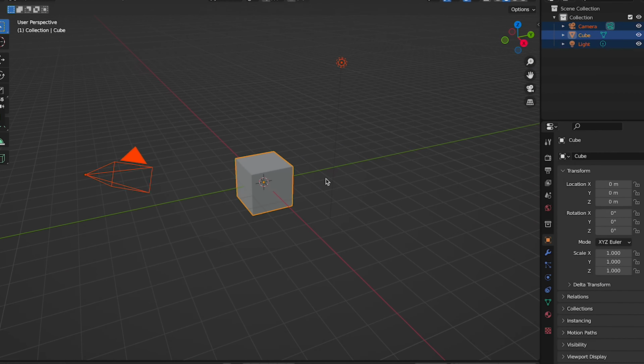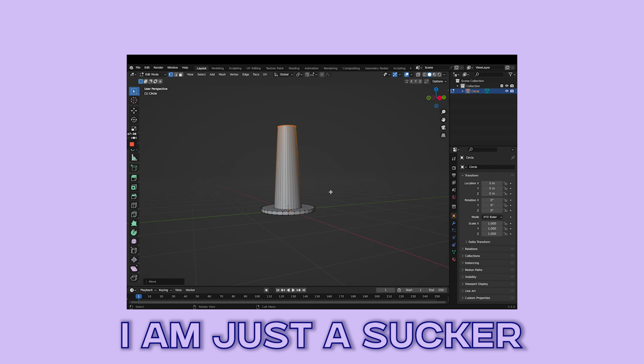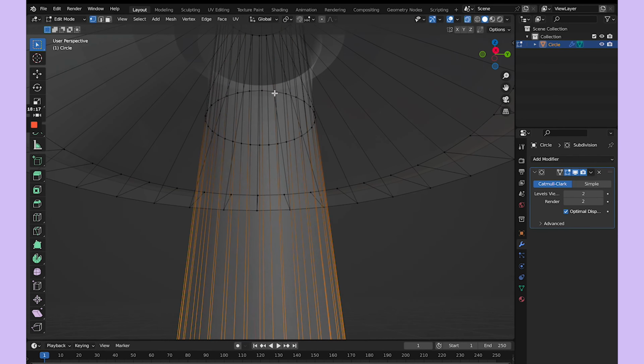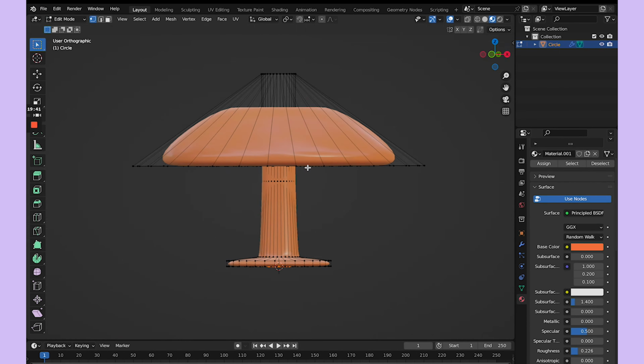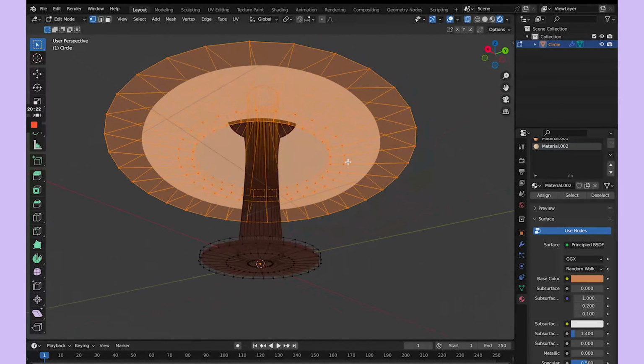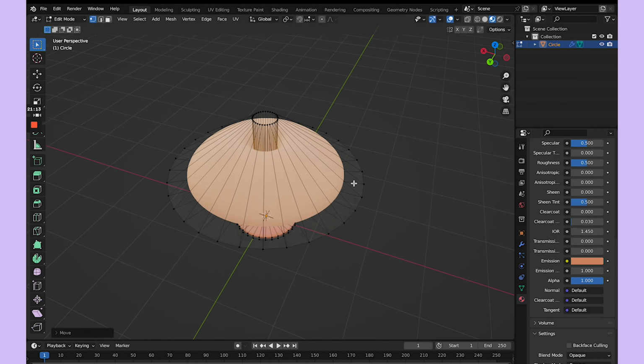I went in to make the mushroom lamp. I am just a sucker for mushroom lamps. Every time I see these, I want to buy one. I do own one and I love it so much. So I made it out of just a simple circle, extruded those vertices, gave it an emission, and it looks